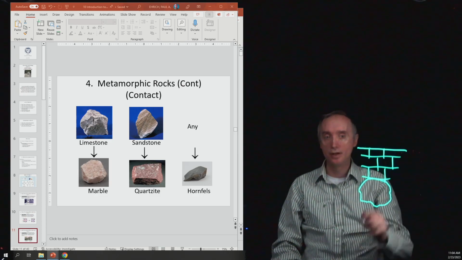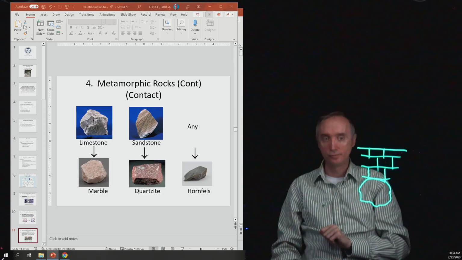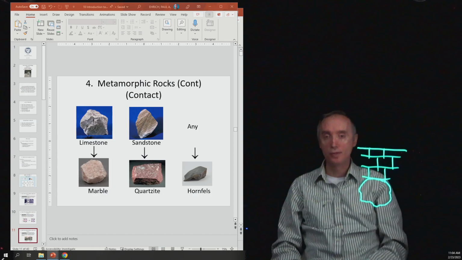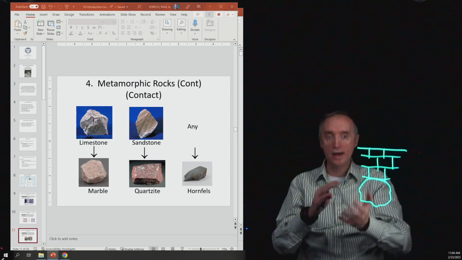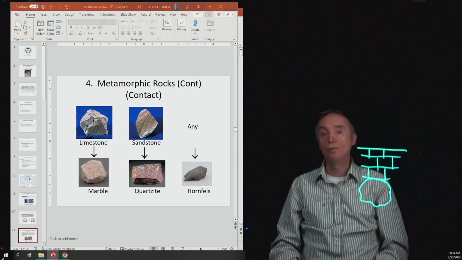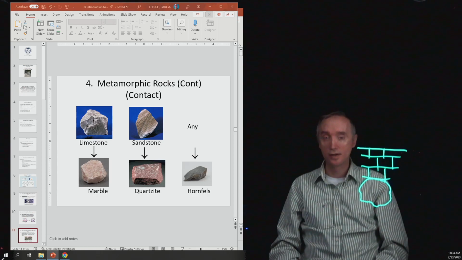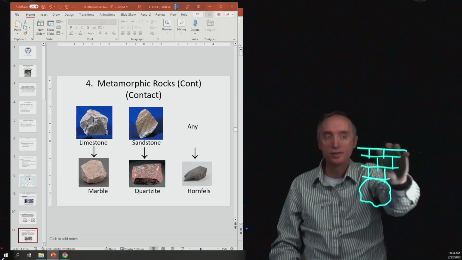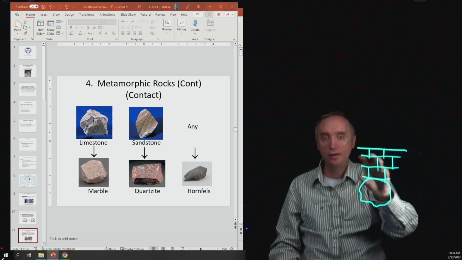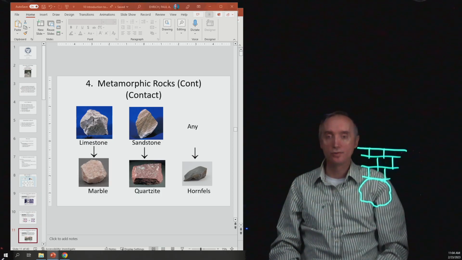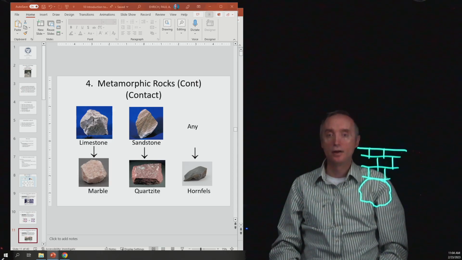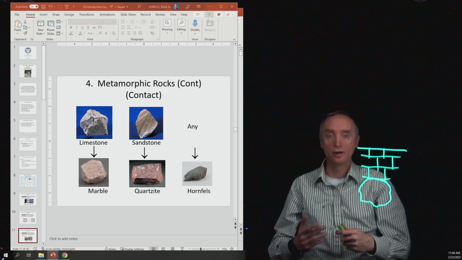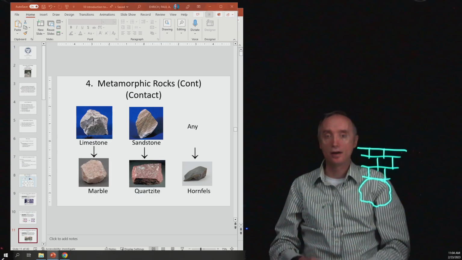So what do you think would happen if you put some acid on marble? It would fizz because it's still made of the mineral calcite. It's just that it's more compact. Okay, then what about sandstone? So sandstone is going to be made of quartz, and let's say instead of limestone up here, this was some sandstone and it was right next to a magma chamber, so it got heated up to the point at which those quartz grains reorient themselves and grow,